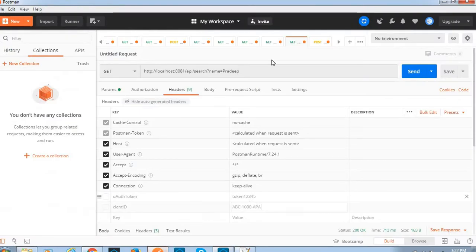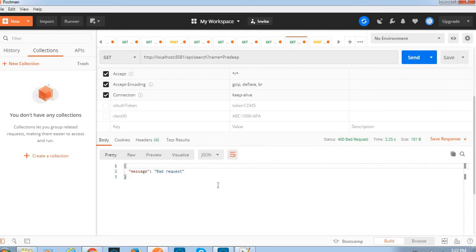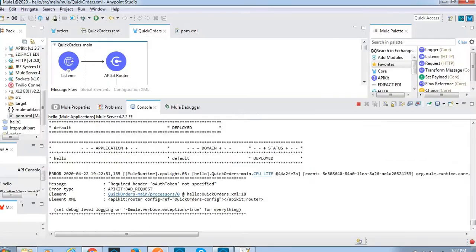Let me open the Postman. Now we are disabling these two headers. We'll make a request. See, bad request. Go to console. What exception are we getting? Required header OAuth token not specified.